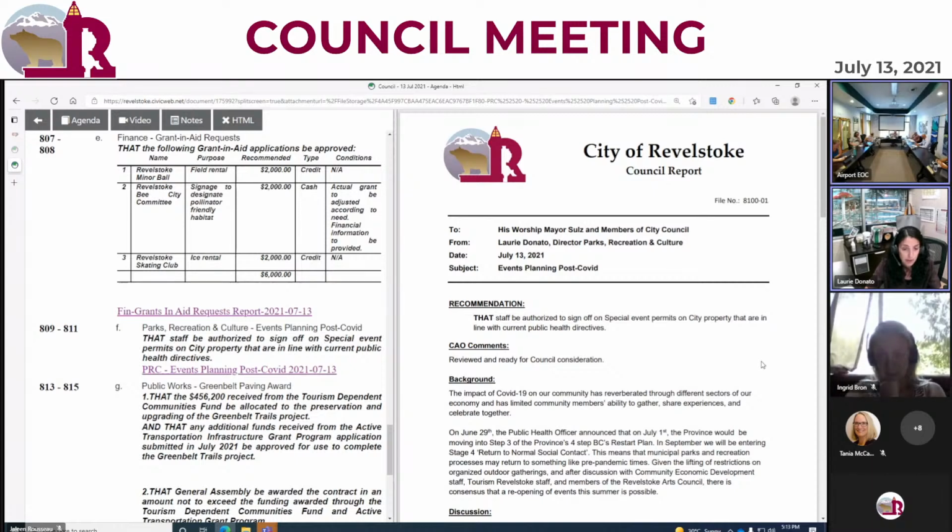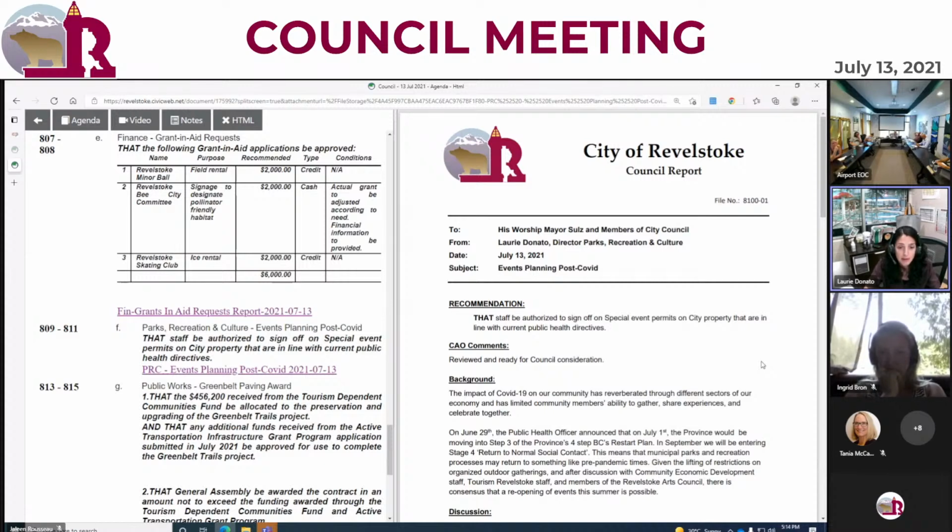So the report highlights some of the changes that came into effect, in particular, the capacity for outdoor events, the restriction on flow-through events like festivals and fairs. They no longer have limits on numbers. Reference to COVID safety plans and any COVID signage no longer exist, so we can move forward with different event